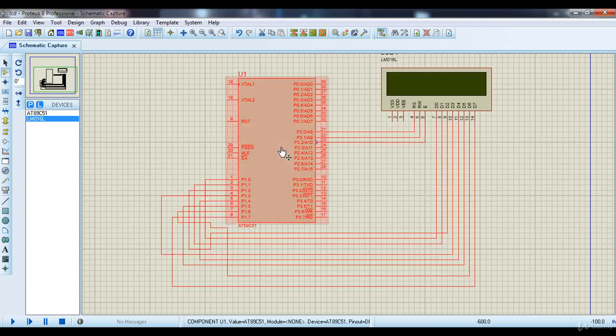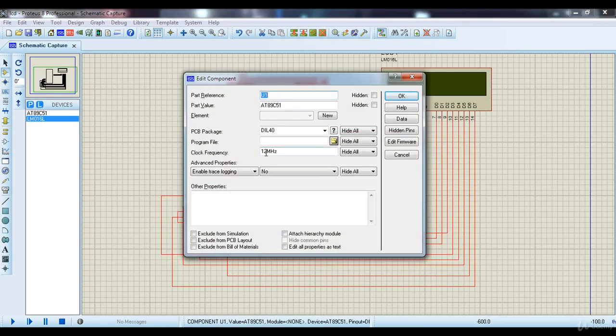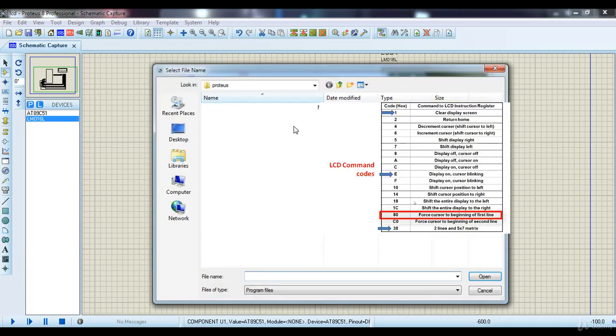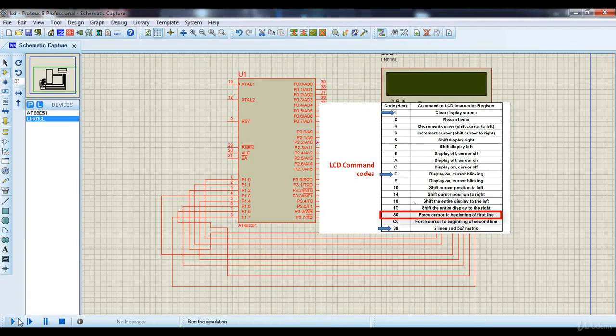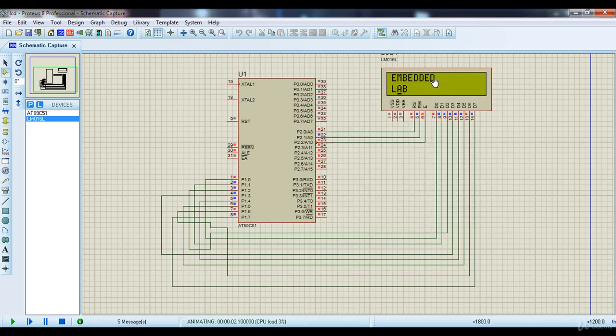Double click on microcontroller. Make the frequency 11.0592 megahertz. Browse the hex file of the Keil µVision project. Okay, and run the code. So here you will get the display embedded on first line and lab on second line.